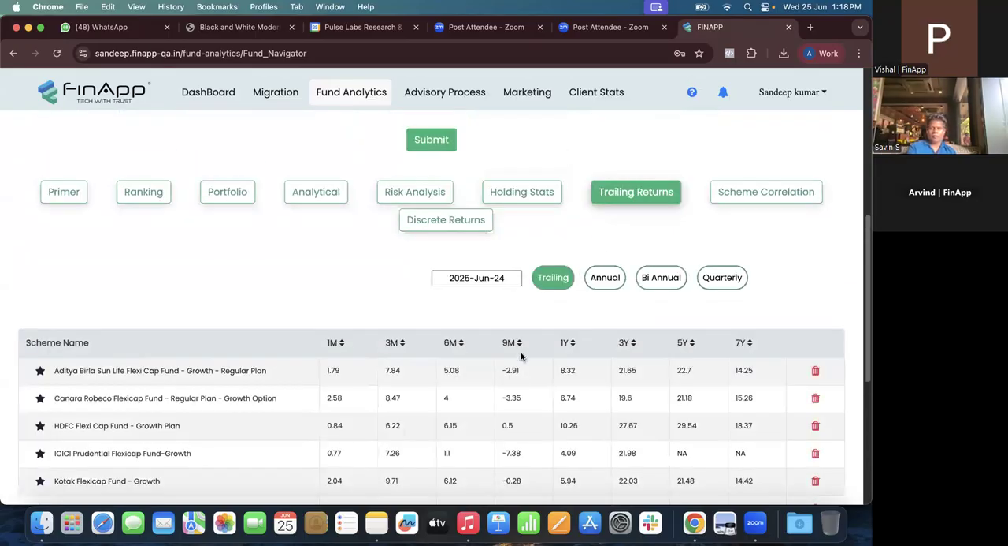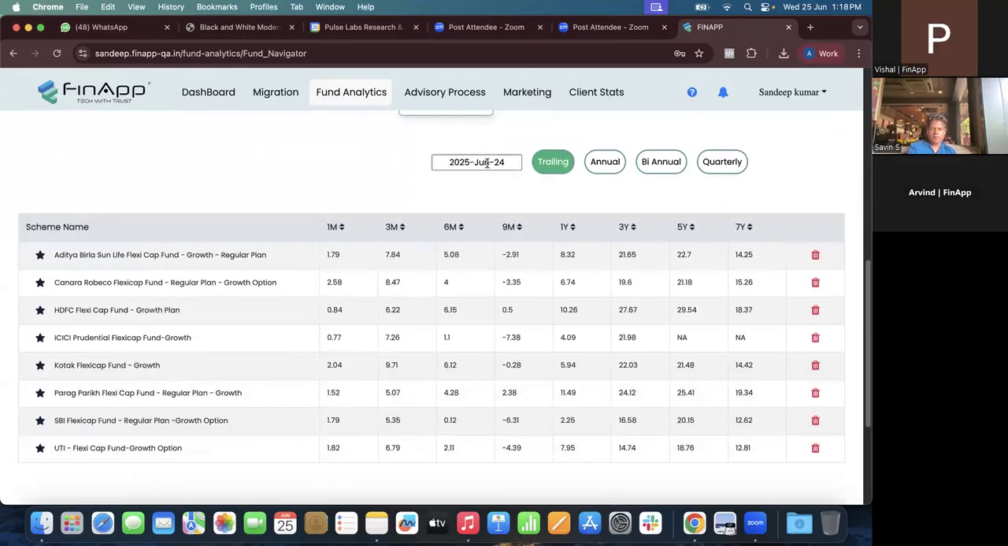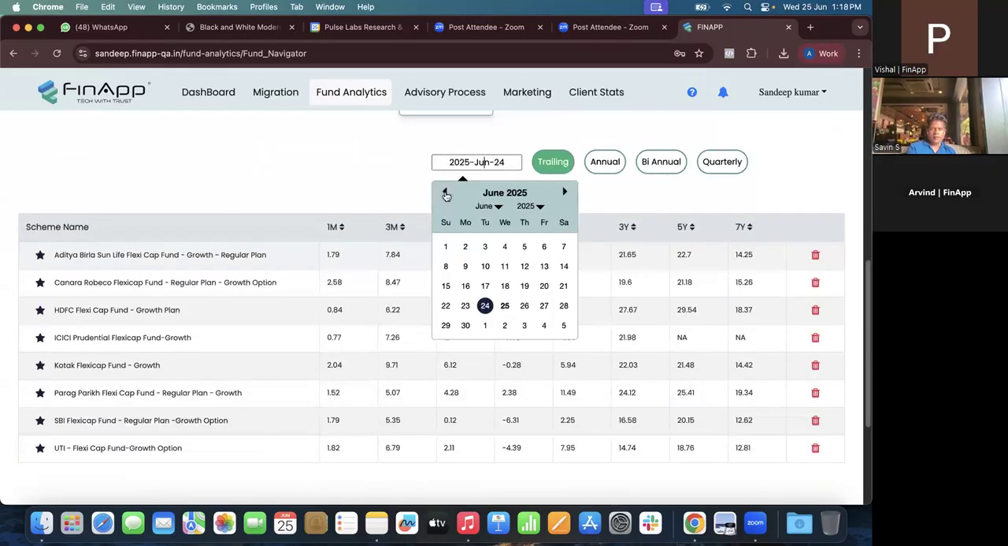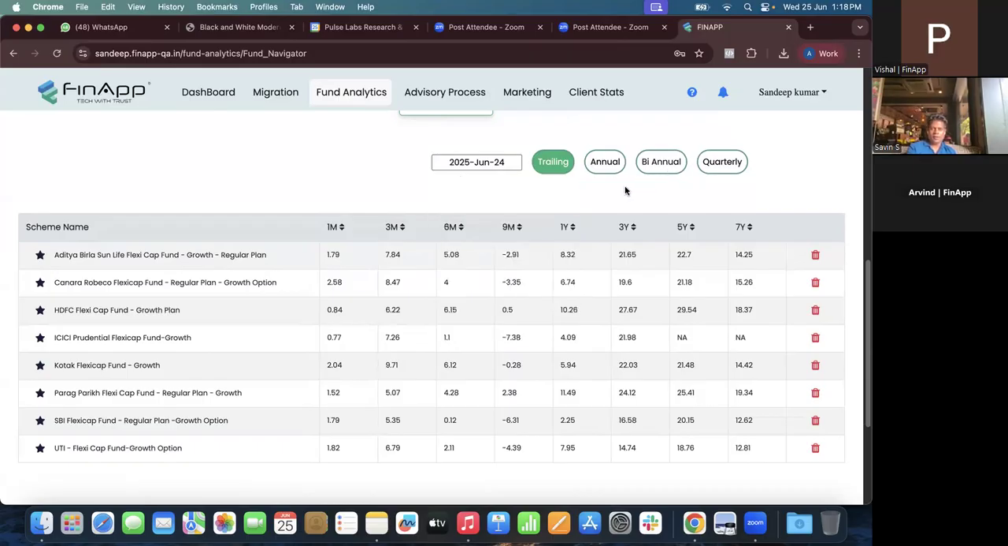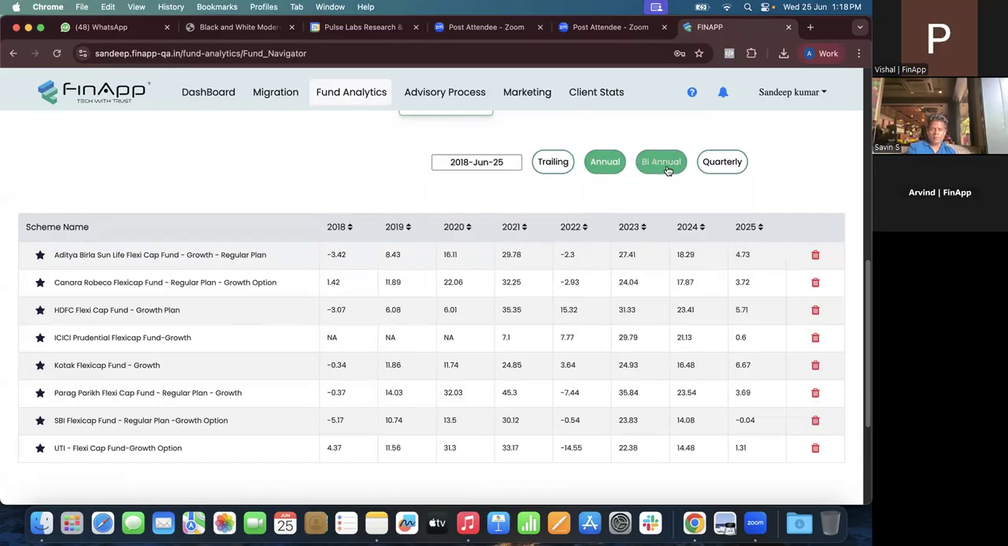Then you've got this. This is available in almost all platforms. But if you have seen Morningstar or other funds, we have got historical data as well. So if you want it on a particular date, you can do that also. Okay, sir. So these are returns, and you can see we've got different annualized returns,